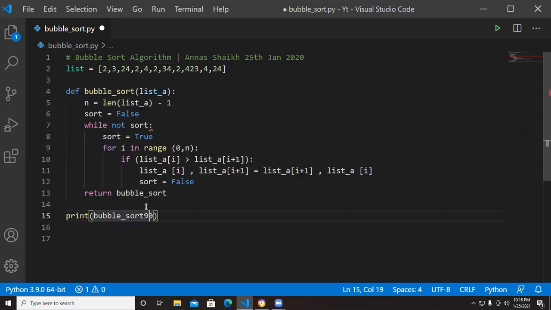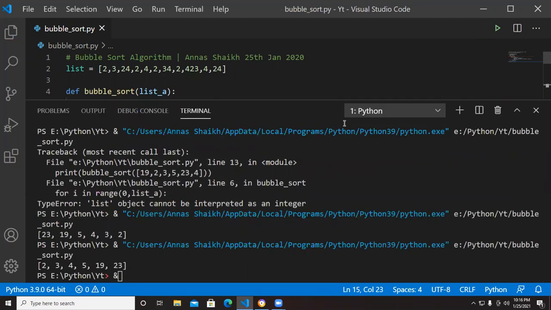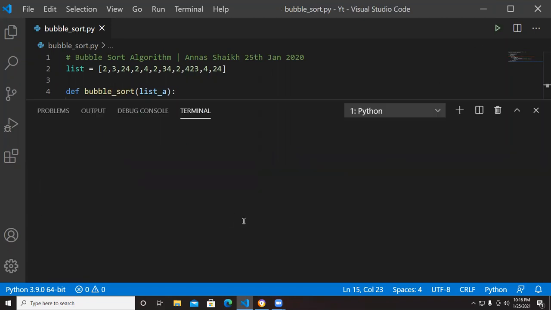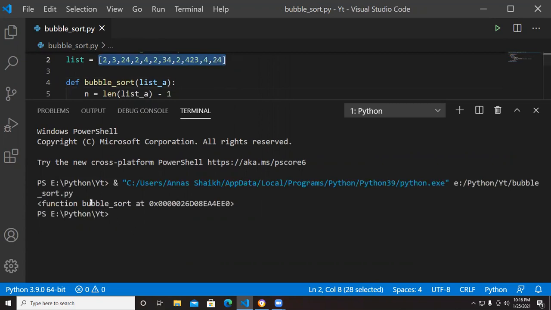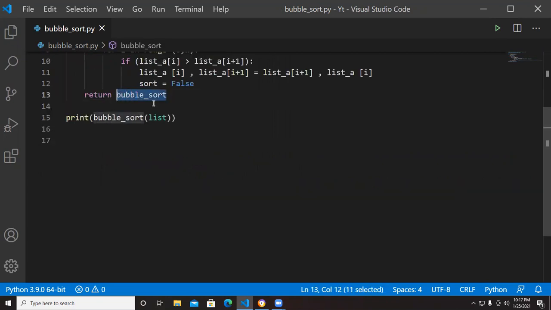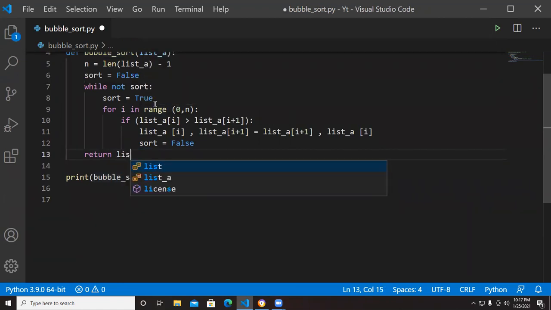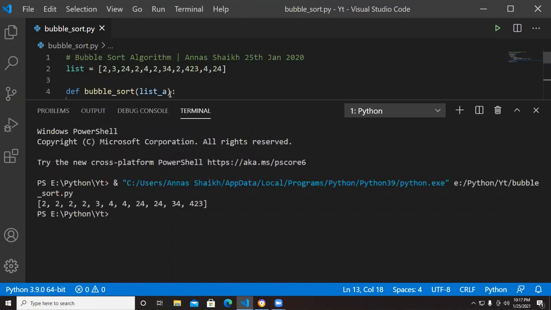I created the list, not the function. So you can see previously it was not sorted and now it's sorted.